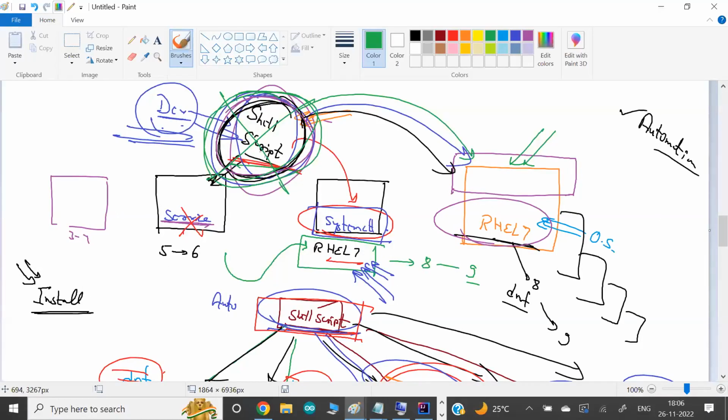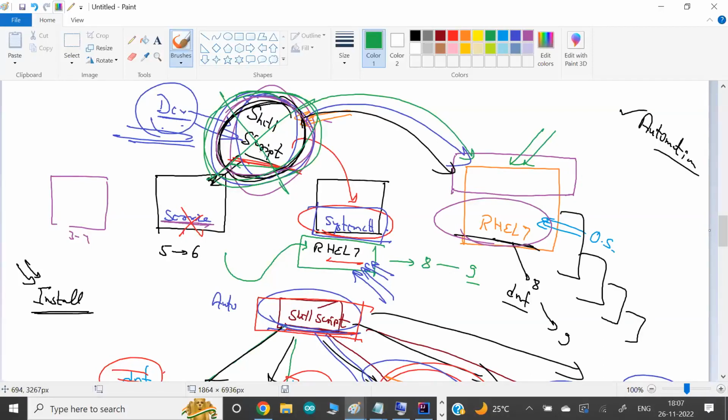Now they don't have to worry about the future new version 8 or 9, or maybe they want to change to Ubuntu, they want to change to Windows. Okay, almost same code. There might be some slight change. That's why we want some slight change. The different points we'll discuss, but almost same code. Okay, they can use it to do the configuration automatically, or automation configuration management they can achieve.